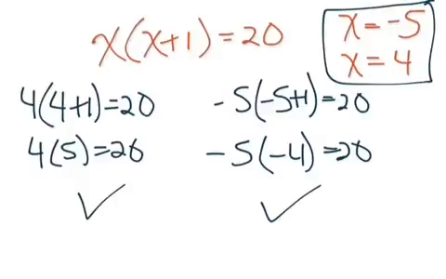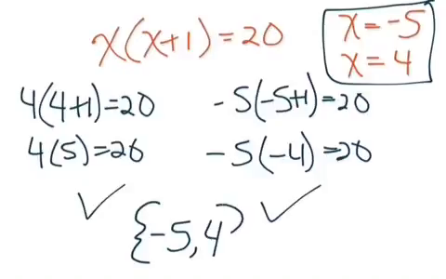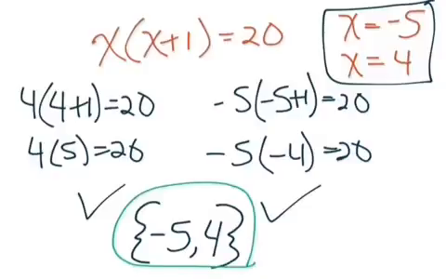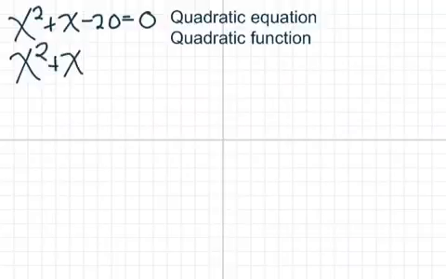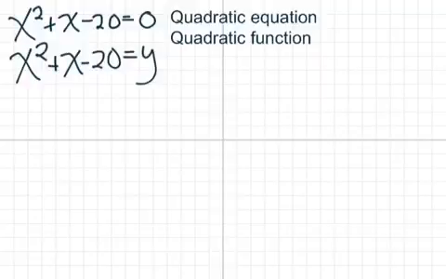So we write the solution set then as a set, so we need the braces, and we always go lowest to highest in our set, and we end with braces. So this is my solution set to the quadratic equation. Now what's neat about these two solutions is that if you were to take this quadratic equation and write it as a quadratic function, which would mean we would take the same numbers, but we now equate it to y, and we would graph that parabola,